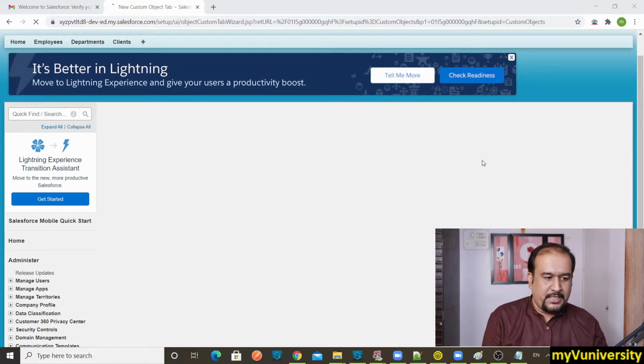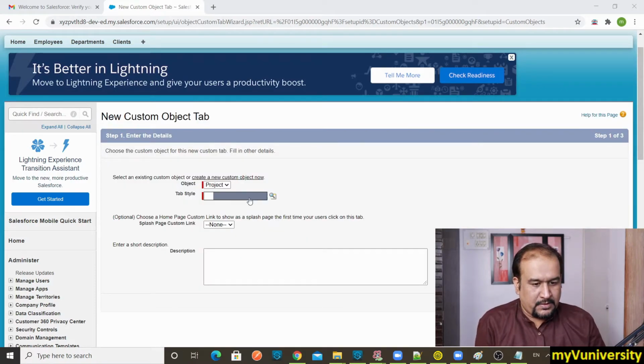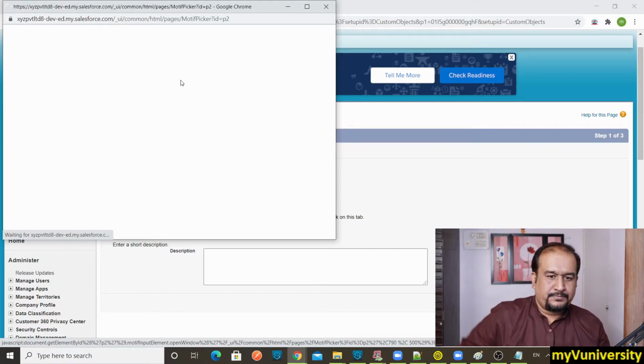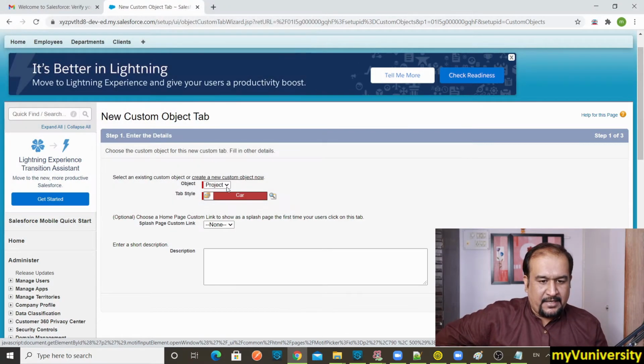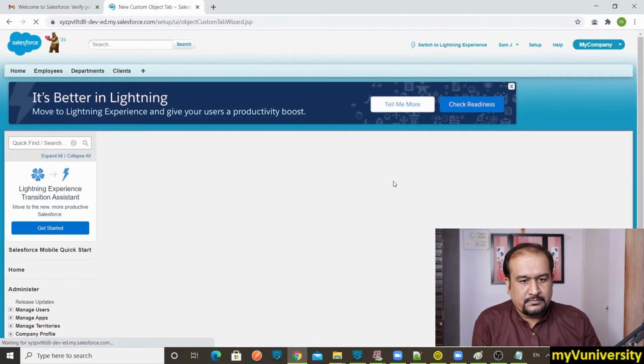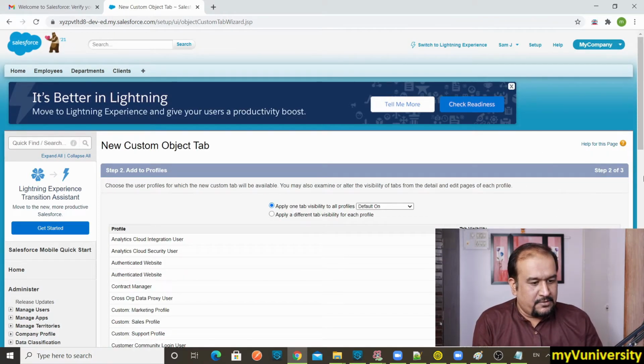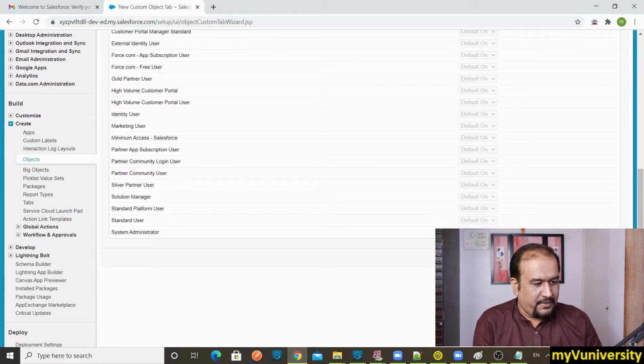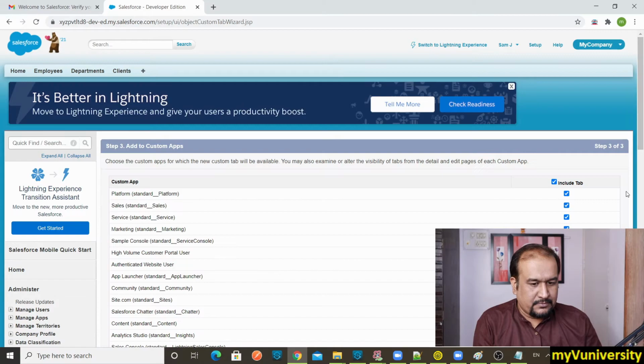So I'm creating the project object. Okay, so theme for the tab, I select some theme. Let's say car theme I select here, and I say next. Okay, so it is visible to all the profiles. That's fine. We are good with that. Click on next.